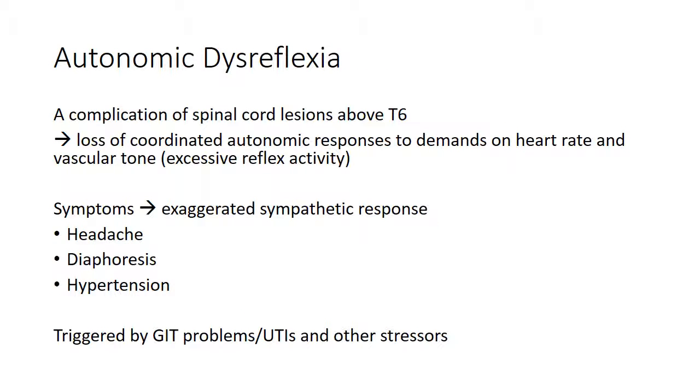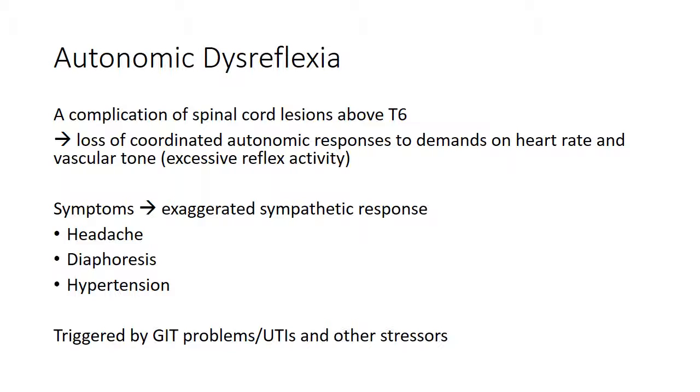Autonomic dysreflexia is one of the topics that you should have covered in your CBL case, and that's a complication of a spinal cord lesion above T6. It's important to note that not everybody with a spinal cord lesion above T6 will get autonomic dysreflexia, but there are a number of triggers for that, which I'll talk about in 2 seconds. Basically what happens in autonomic dysreflexia is you have a loss of coordinated autonomic responses, so overall that leads to an exaggerated sympathetic response. The symptoms that you're going to get are headache,